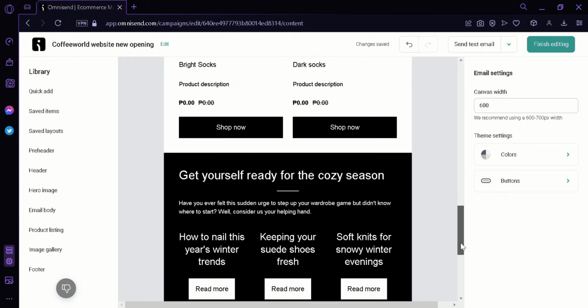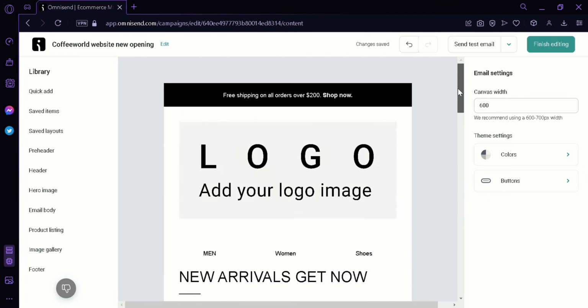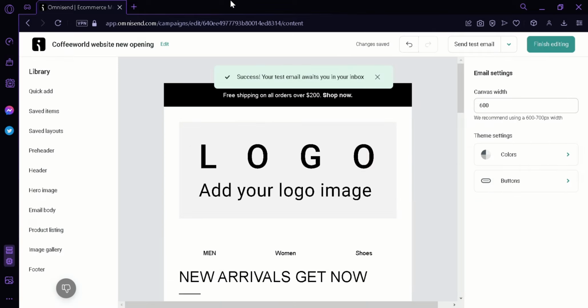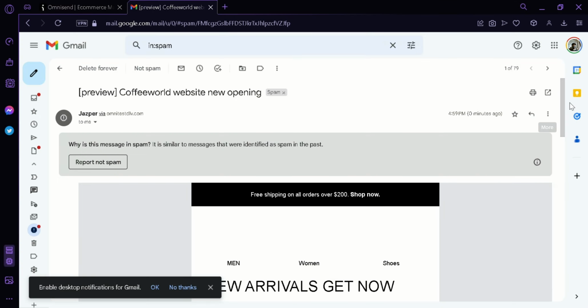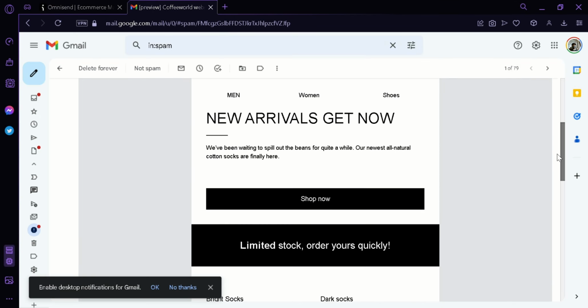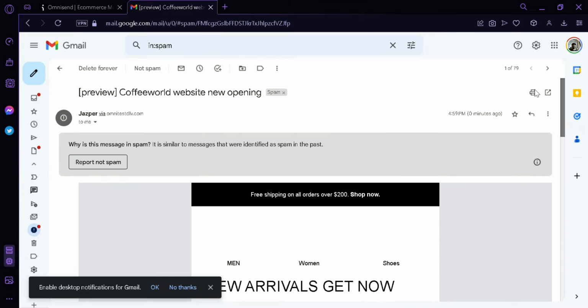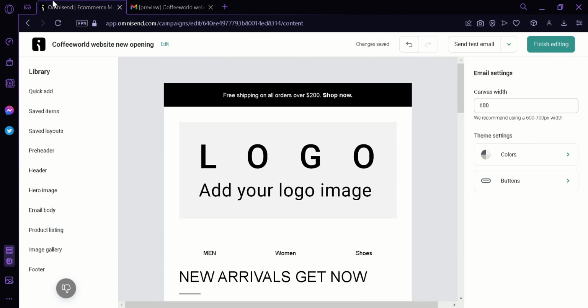Now, after editing your email and changing it into the way you want, you can simply click on this button over here, and then this will send a test email, and then we can see what our email looks like right now. We're simply going to click on send. Then we're going to check our inbox. And as you can see, this is our email over here, and we are able to preview our newly created email. And if you're satisfied with your email, you can simply go back here and then click on this button